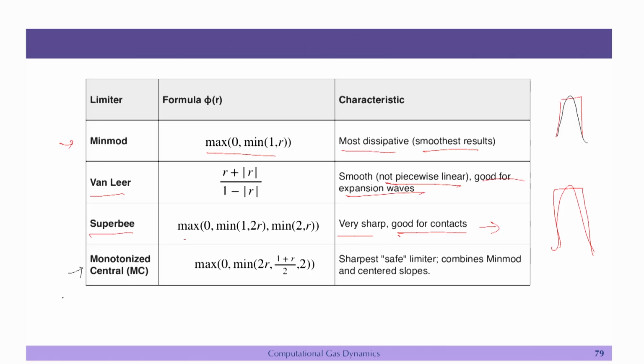Okay. And then you have this monotonized central, which is very popular and it is basically using the maximum gradient that you have, but still it combines the minmod and the centered slope. Okay. And all these 4 are basically TVD, total variation diminishing. So, will not develop undershoot or overshoot. Let us look at how these